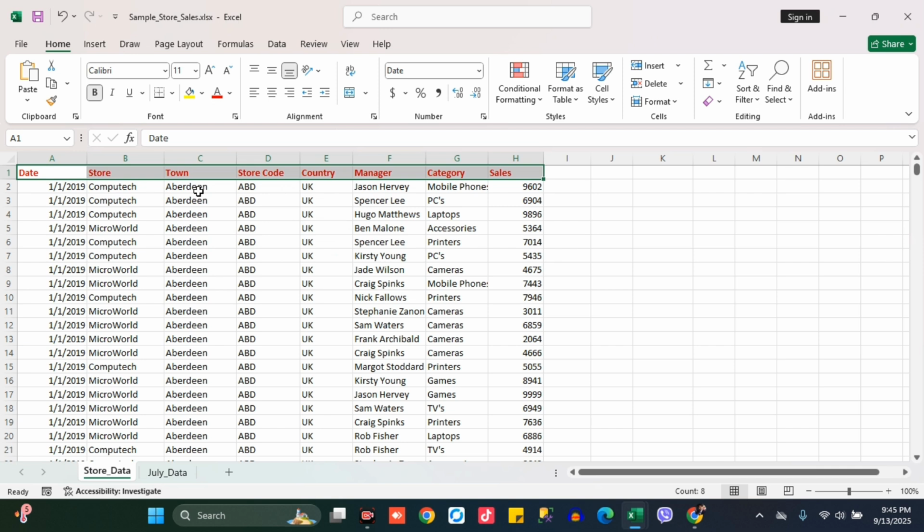So cell selections are very straightforward. Simply click and drag to make your selection. Now notice here, all of the selections that I've been making using this method are cells that are all next to each other. What about if I want to select what we call non-contiguous cells, the cells that aren't next